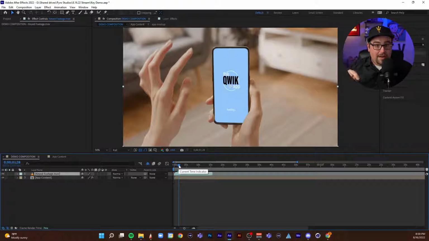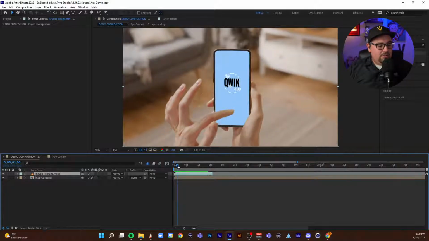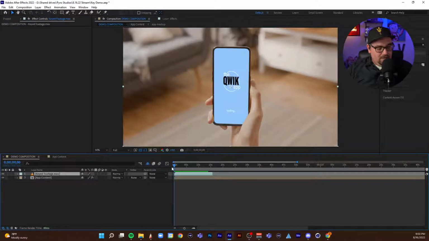We tracked the motion of our little mobile device, and then we keyed out all the green and stuck it in there. Is there a little tweaking that I would do on the perspective? I mean, yeah, it's not perfect right now, but this is just to show you the concept. So if I play that back,